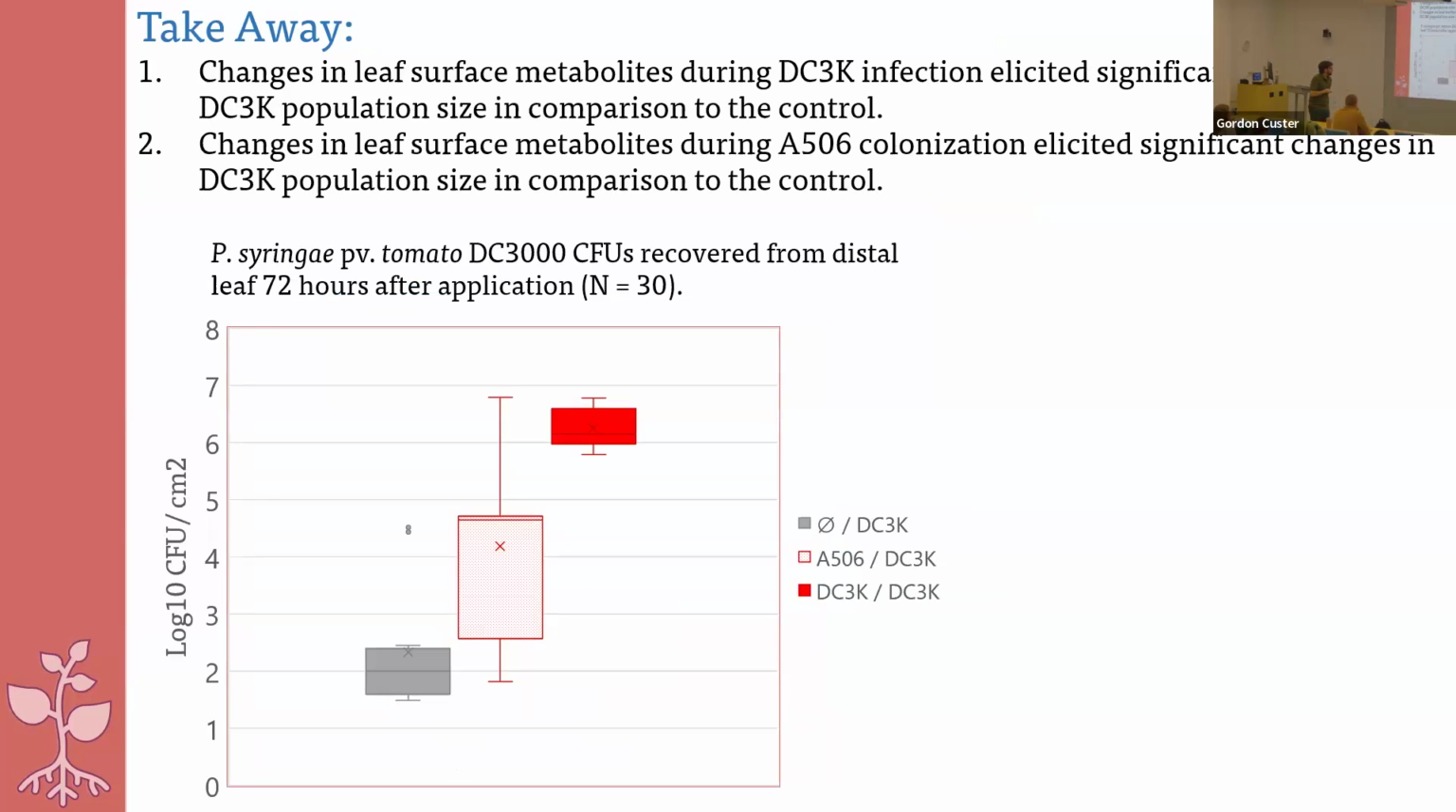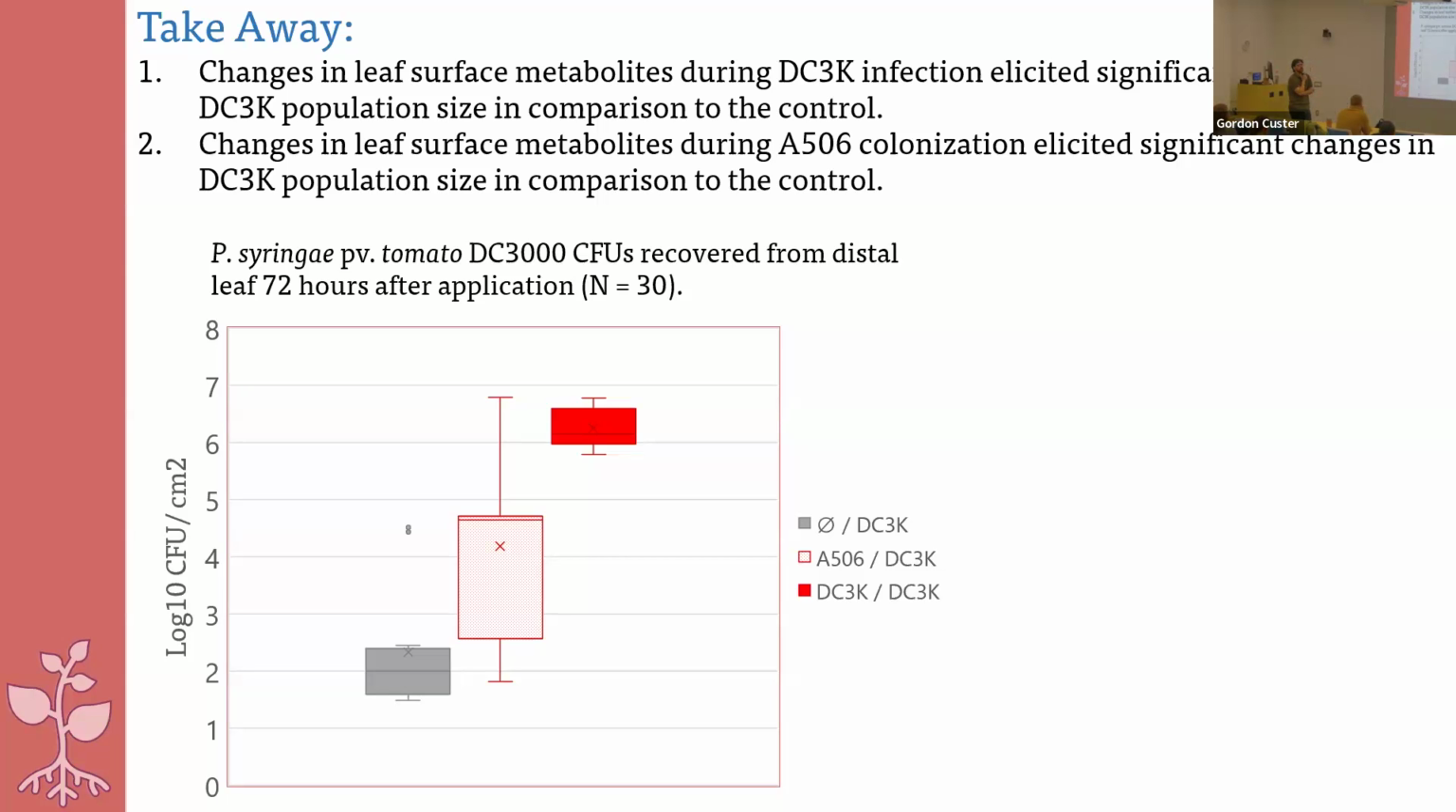The thing that I'm missing here is that these are all significantly different from each other. This is statistically significant from both of these, and this population is significantly different from both of those. And I'll tell you more as we go. So here, we're still looking at log 10 CFUs, and in the gray box, this is when we apply the buffer to our treated leaf and then DC3K to our distal leaf; A506 in our treated leaf and then DC3K on our distal leaf; and then DC3K on our treated leaf and DC3K on our distal leaf. And what we find is that on average,